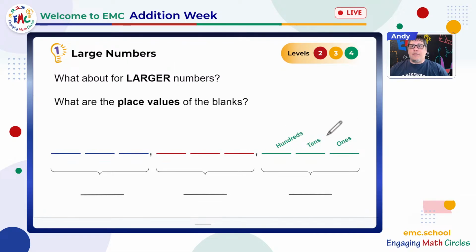What if I go past ones, tens, and hundreds? What can I fill in for my place values in the blanks? Okay, what's the name of this one? I think a lot of you might know already that it's the thousands. See if you can fill in the rest